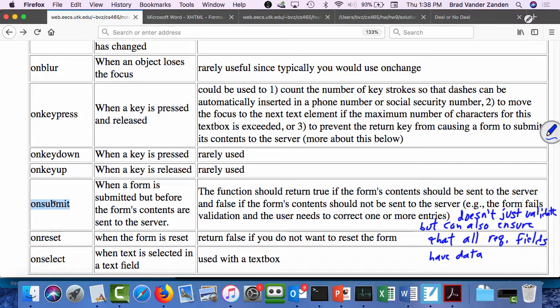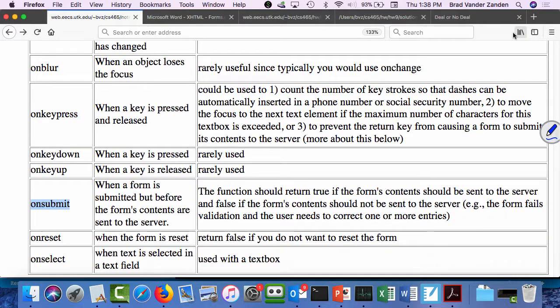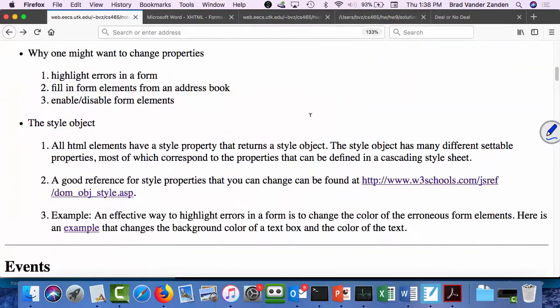So again, if it returns false, you don't send the form, or you don't send the form data to the action. If you return true, it does get sent. So if we go back to my example earlier,